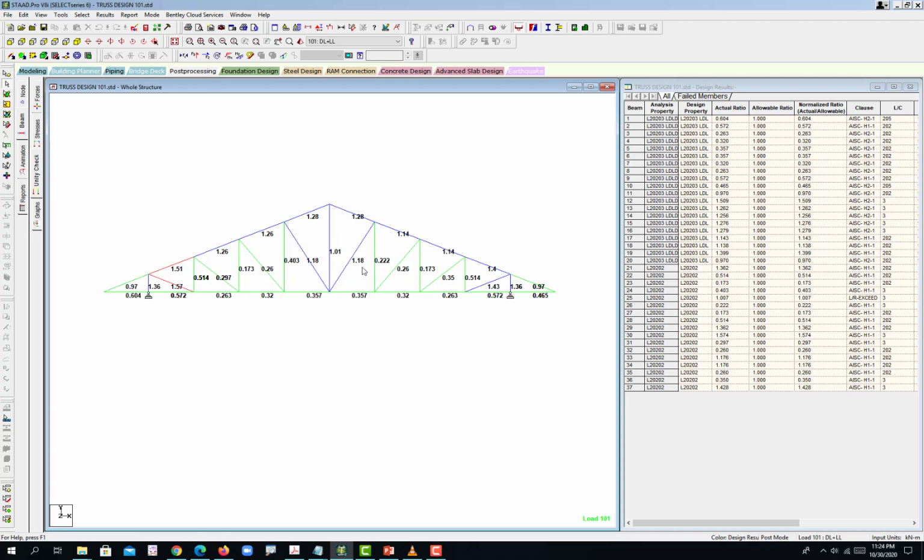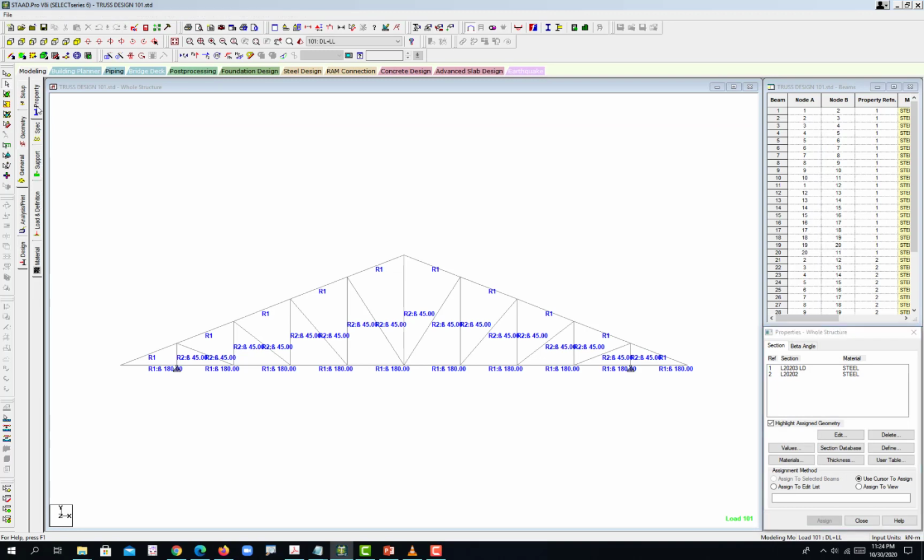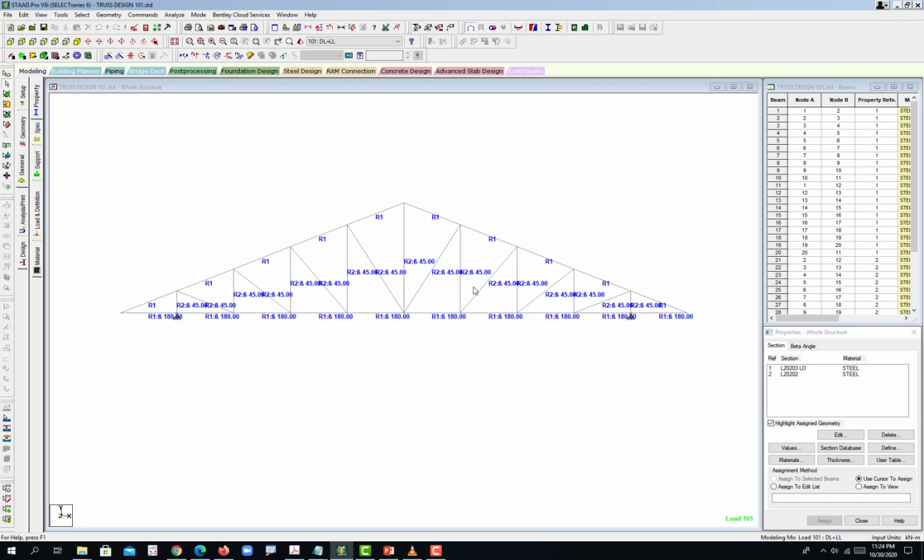The structure is almost identical, or symmetrical. So what you can do is go to the modeling and adjust your properties. The top chord is the one failing here, so it's up to you to navigate this. Either you put another section with a greater thickness,